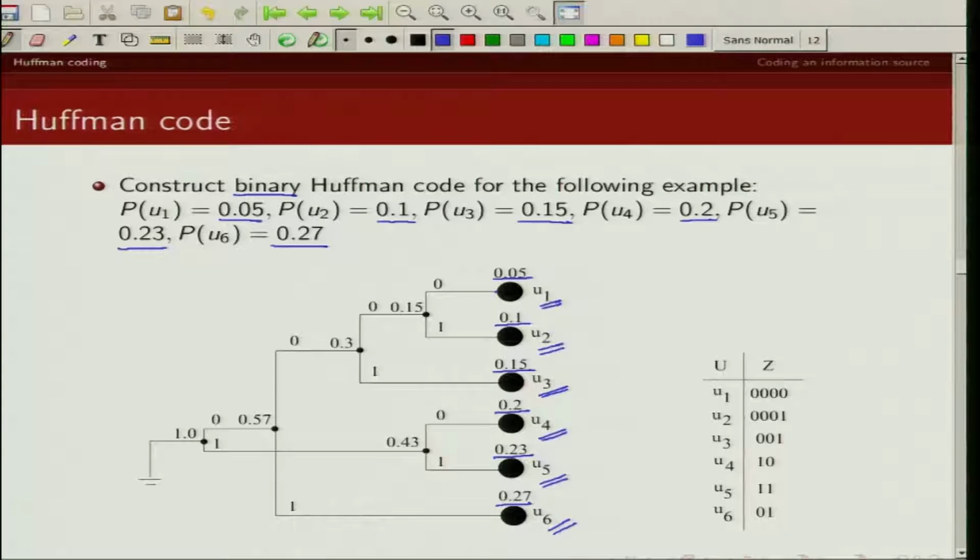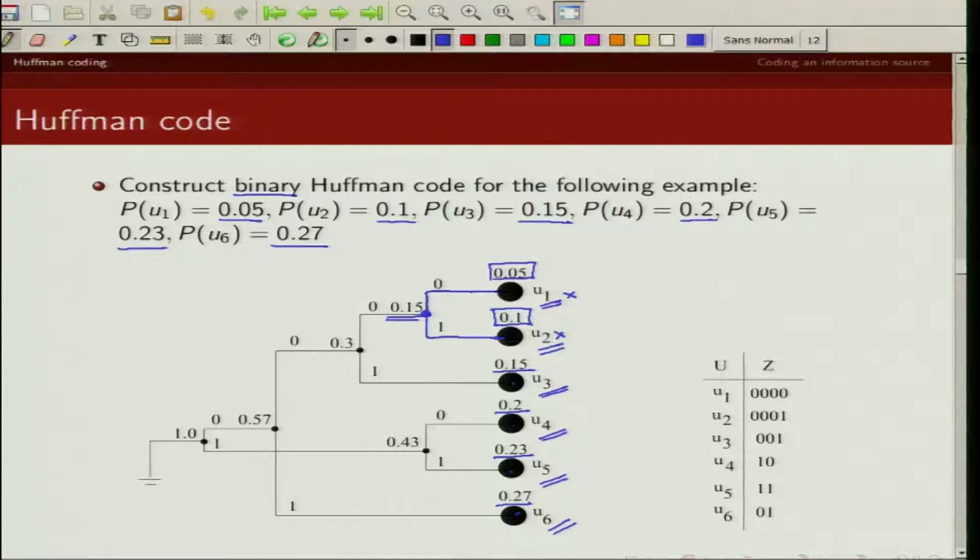So we combine these 2 vertices and create a new vertex which is the sum of the probabilities of this and this. The new node that we are forming has probability 0.15. Now we deactivate these nodes. So now the active nodes are this one, this, and this.